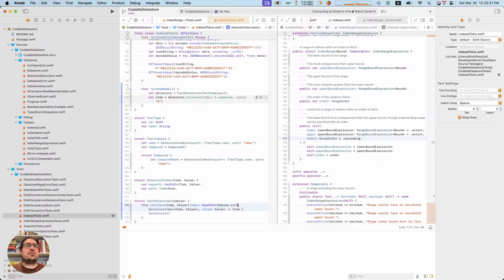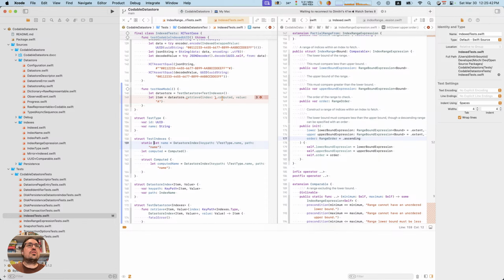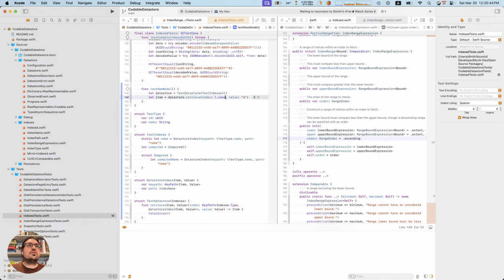If we say that, then if that's static, okay. But that's not allowed. Autocomplete is happy with it. It's like, yeah, go ahead and use this thing.